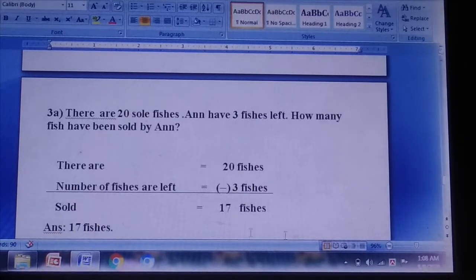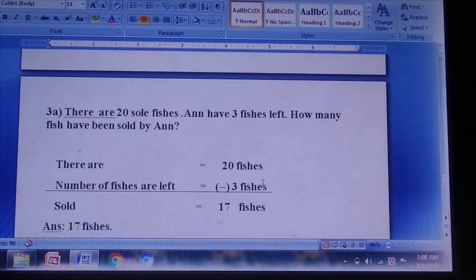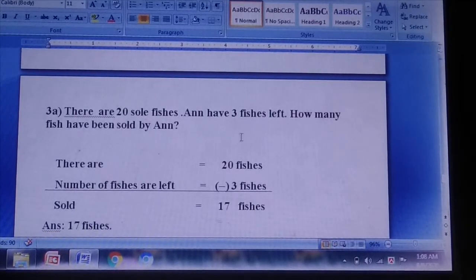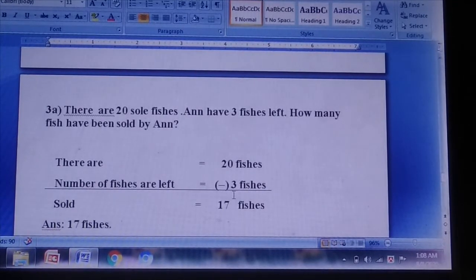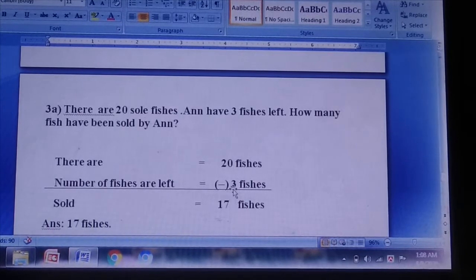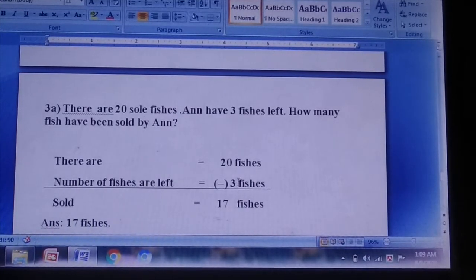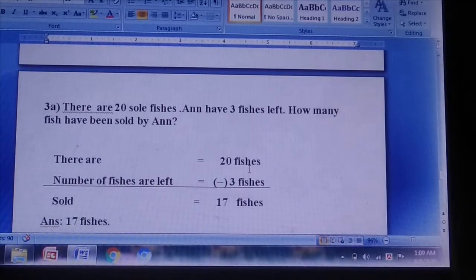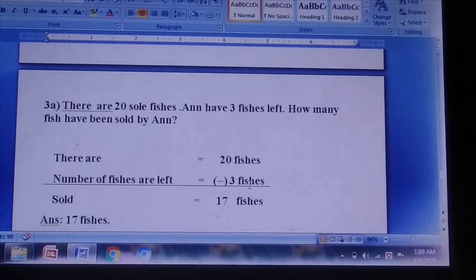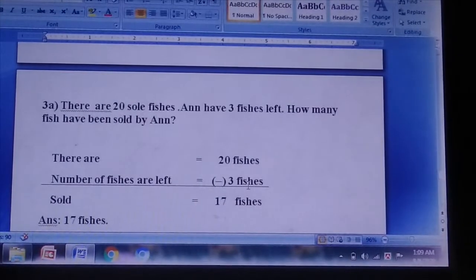In a word problem, we always arrange the number in a proper way. We need to write the number exact below the number, and we also maintain the place value. That means we write the units number below the units number. Our upper number is 20 and lower number is 3.